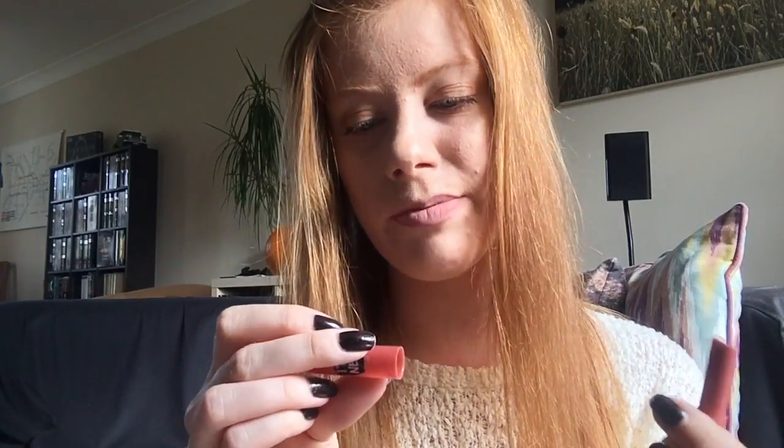And then I got 2 lip products from Essence, and I hadn't seen these before, and they do say they're new, so I guess they are a relatively new launch. So this is the Colour and Care lipstick, and this is in the shade number 3 Life's My Runway, and the formula of this basically reminded me of the Revlon lip butters, and this was the only colour that kind of appealed to me. So that's what that one looks like, and this was £2.50